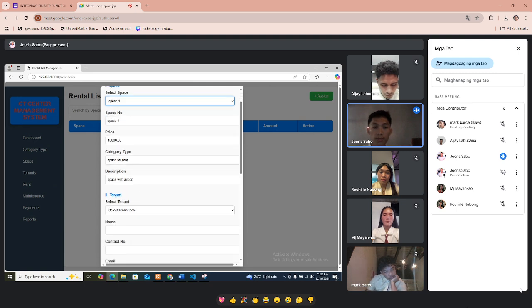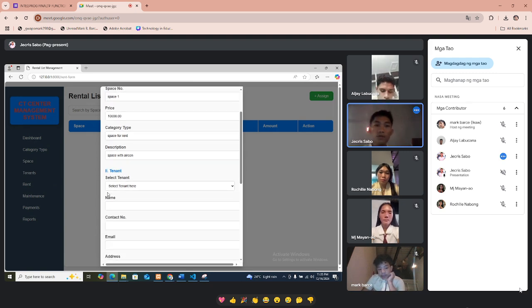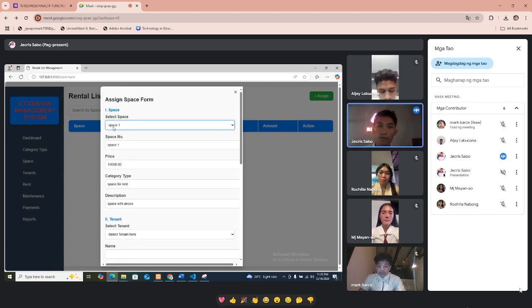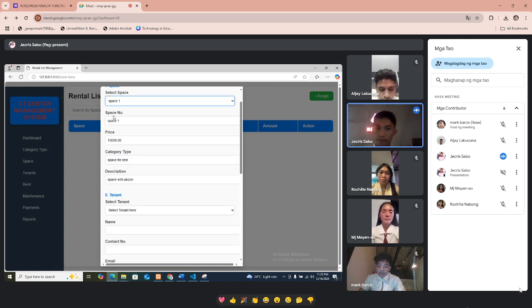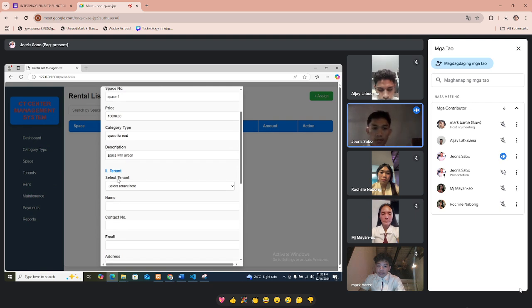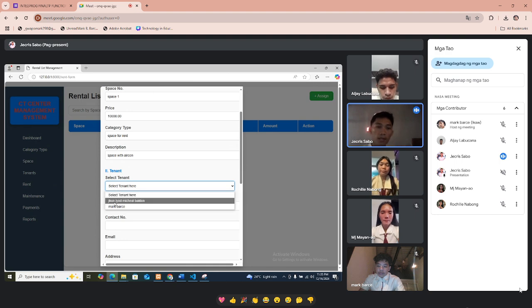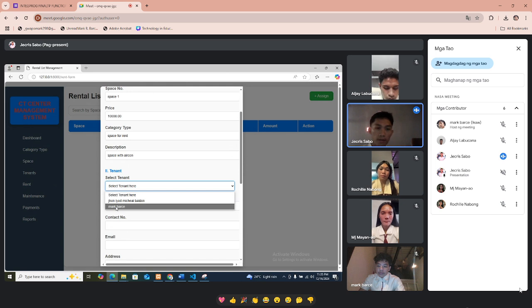And second is the tenant. Same process as the space. If we assign space one, let's drop down and click the tenant we created.